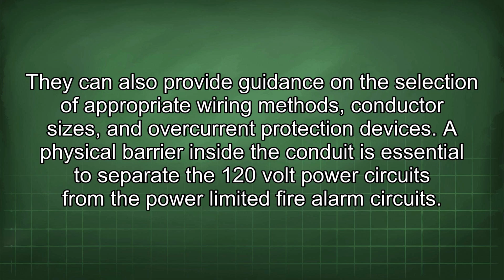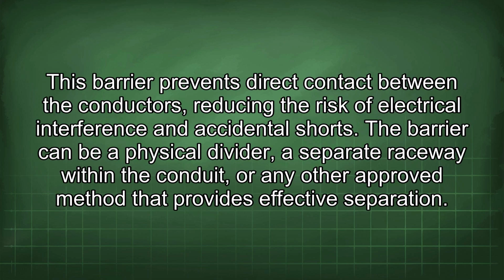protection devices. A physical barrier inside the conduit is essential to separate the 120-volt power circuits from the power-limited fire alarm circuits. This barrier prevents direct contact between the conductors, reducing the risk of electrical interference and accidental shorts. The barrier can be a physical divider, a separate raceway within the conduit, or any other approved method that provides